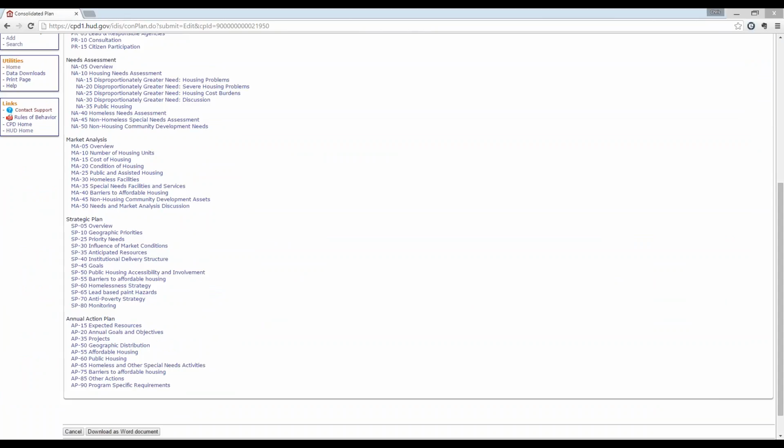Again, this is something that your field office is looking for, and if you end up creating a standalone year one action plan, your field office is going to ask you to go back and integrate that into the comp plan, so it's all just one document and not two separate documents. Great question.